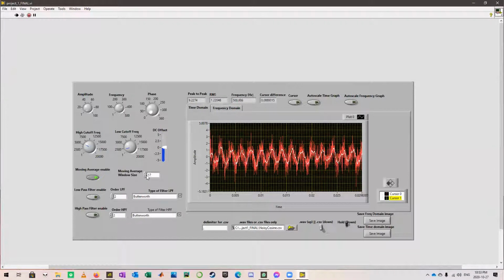And now coming to the low pass filter function. We chose a second order low pass filter, Butterworth filter, and as you can see, as the cutoff frequency goes up, the signal gets smoother. And then coming to the high pass filter,